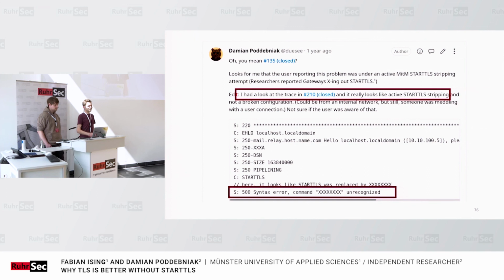We decided to take a closer look at this broken configuration issue, and we realized that this was a mail user that was in fact attacked with STARTTLS stripping. So in this case, the STARTTLS command never reaches the server because it is X'd out somewhere in between the client and the server. So of course, this would cause breakage when the client enforces TLS.